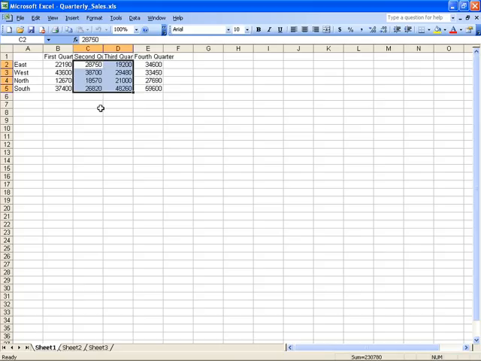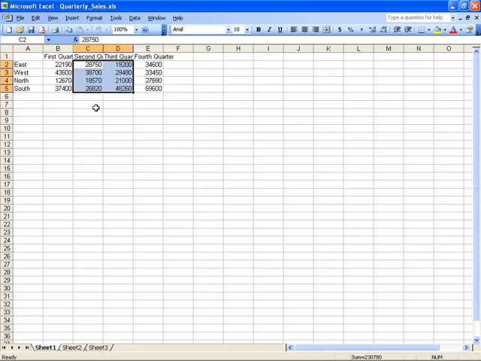I can still only have one active cell, and that is C2, denoted by the light color as well as the C2 in the name box. But this is now my range of cells, and if I start applying any formatting or making any changes to the font, or if I simply want to do some drastic numerical changes right across the board, I can do that with this selected range. This is called a contiguous selection, meaning that all of the cells were side by each,